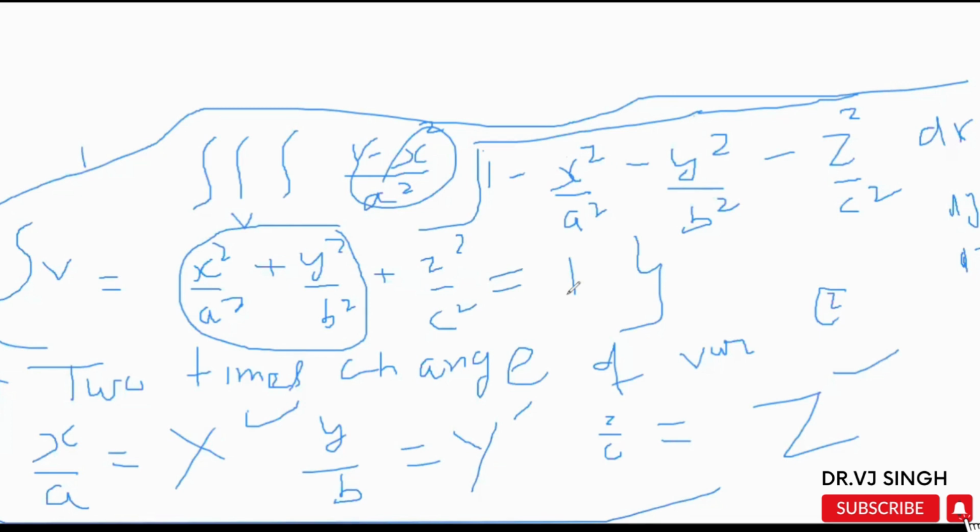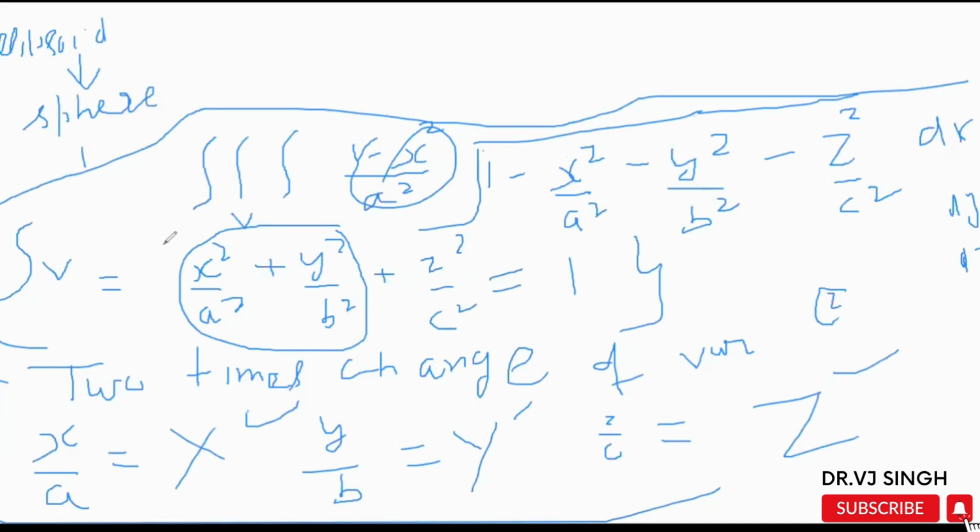So whenever an ellipsoid comes in the question, आपको क्लियर होना चाहिए। Then we apply two times change of variable, one convert into sphere. एलिप्सॉइड को हम किस में चेंज करते हैं, पहले स्फेयर।